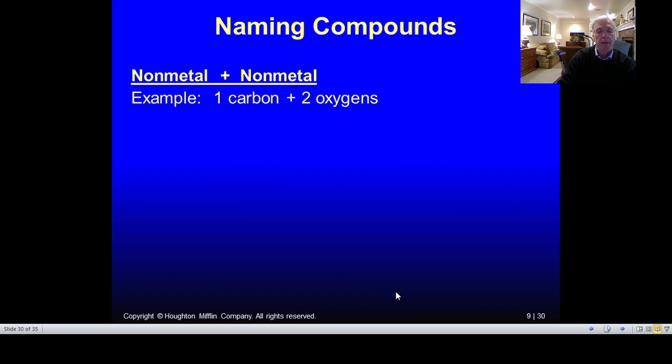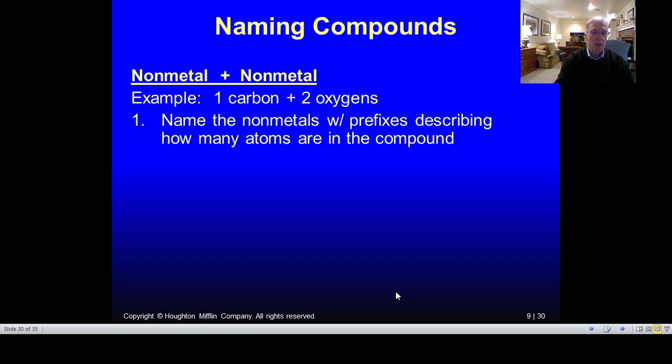Now, there is a class of compounds where 2 nonmetals combine, and you're very familiar with these. You've heard about these. You may not have known that there were 2 nonmetals, but now you do. For example, carbon dioxide or carbon tetrachloride. And the way we name these is a little different. We name the nonmetals with prefixes that describe how many atoms are present in the compound. For example, carbon dioxide, that name describes a compound consisting of 2 nonmetals, 1 carbon and